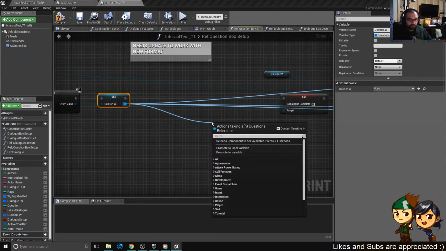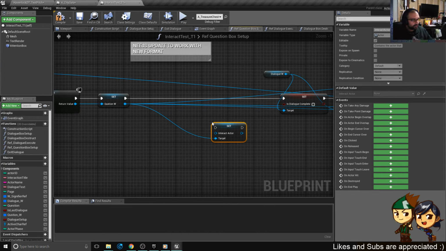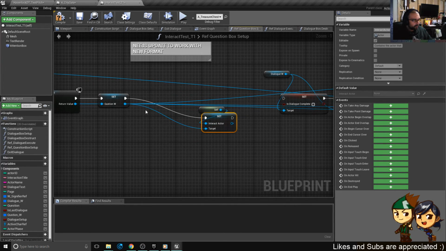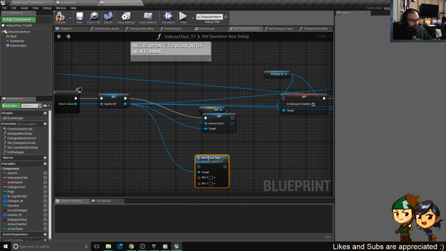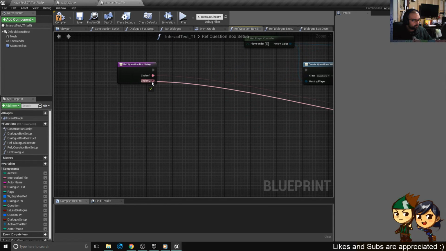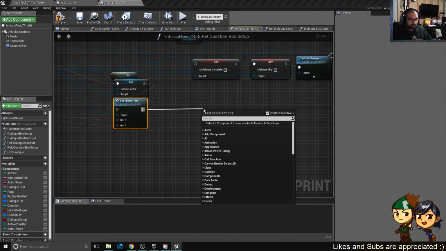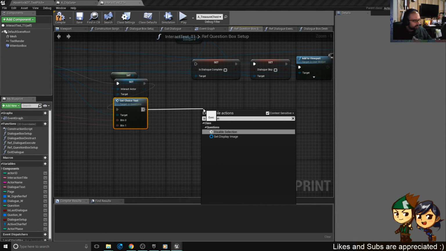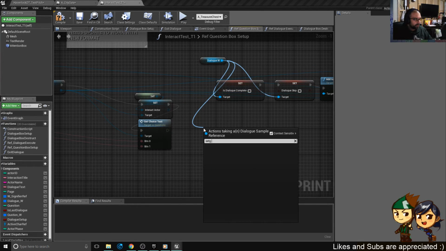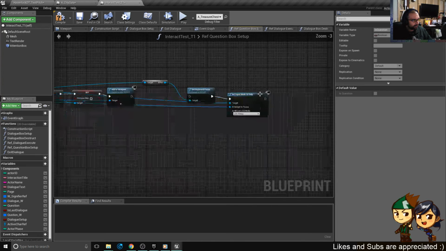And let's see here, we want to set the interact actor as self. Pass that through here. We then want to set the choice text based on those 2 inputs on our function. And after that, we just want to set is a question on the dialog widget. I'm going to set that to false, and that should be everything we need inside of the